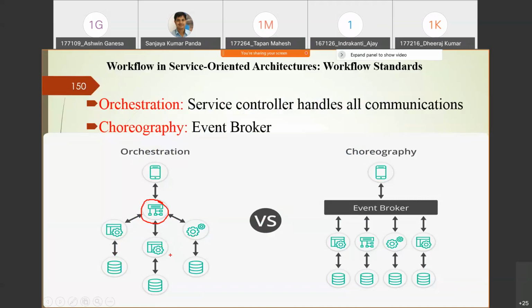These are the various components under a particular service controller. The service controller dispatches the request to the components based upon the information received from the client. But whenever you go for choreography, we replace this service controller with an event broker.